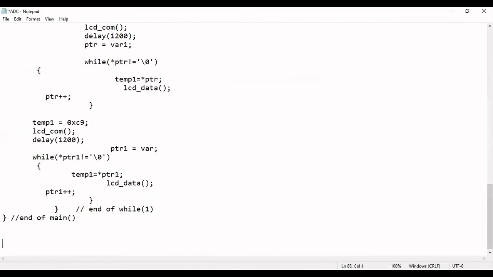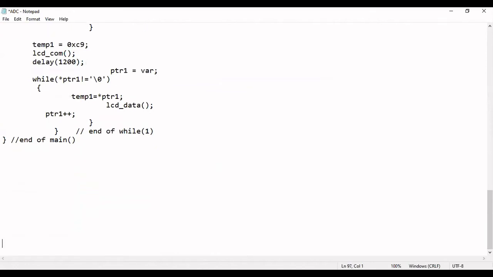So if it is a 10-bit ADC, the starting value will be 10 zeros. The next value will be 0, 0, 0, 0, 0, 0, 0, 0, 0, 1. Like that.